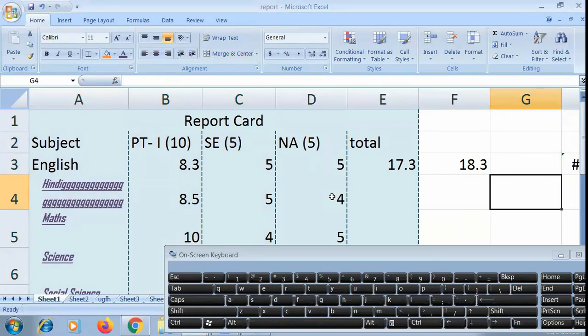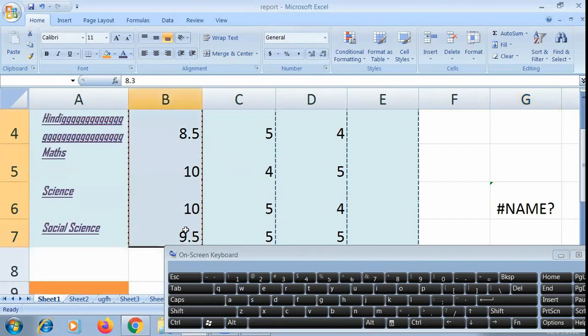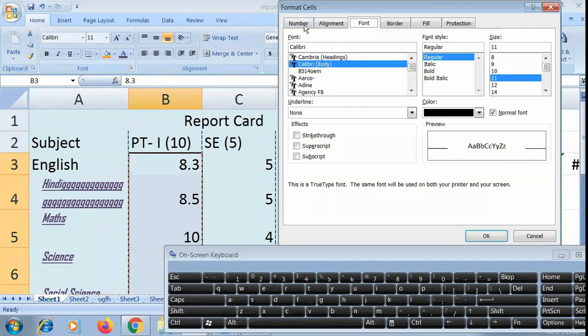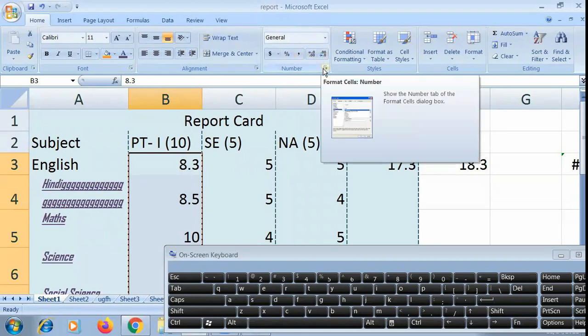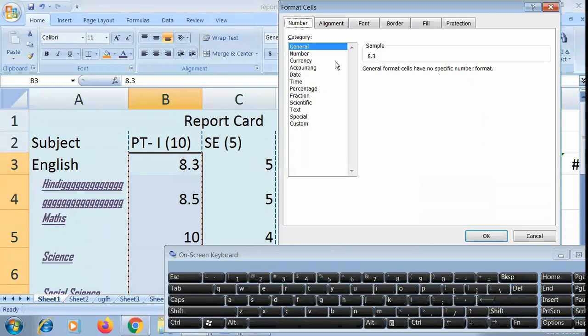Now next topic, that is selecting background color and fill color, that we have done already. Number formatting, the most important one. Number formatting means to format the number. Here we have selected this number and we are going to use number formatting. This is the number formatting group. From here we can set, but we are getting very few options here. So to get more options, we can go to the launcher of number format, that is the number tab.